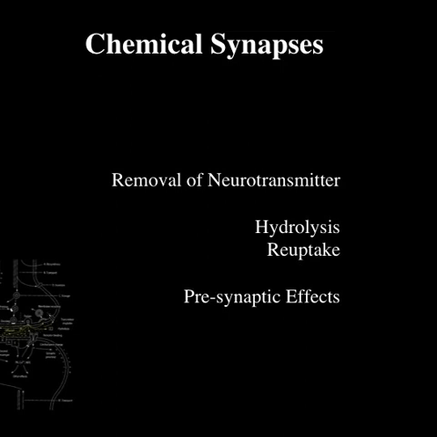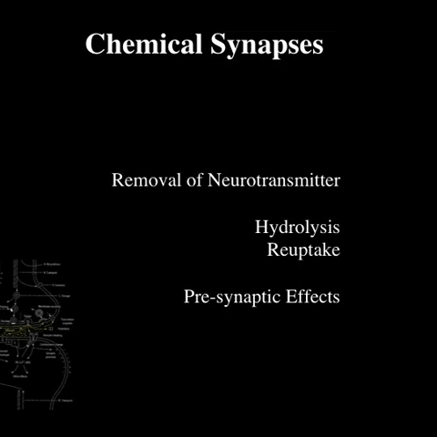If you've got a more complex molecule, like an amino acid, or even a number of amino acids strung together into a peptide, well, that took quite a lot of energy to make, so we're not going to break that down after just one use. We're going to suck that back up into the presynaptic membrane and use it again. So these things tend to get cycled as an energy-efficient usage of the molecules.